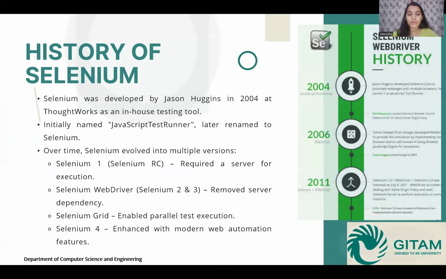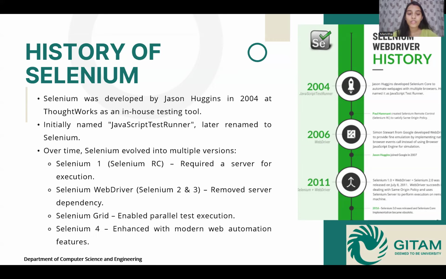So Selenium was developed in 2004 by Jason Huggins, who was working at ThoughtWorks. It started as an in-house project for automated web testing, but quickly became popular due to its flexibility and efficiency. He was working on an internal web application at ThoughtWorks. After some time, he noticed that instead of testing his application manually, he could automate his testing. So he developed a JavaScript program to test his web application, allowing him to automatically rerun tests. He called this program JavaScript Test Runner. After some time, this tool was open sourced and renamed as the Selenium Core.